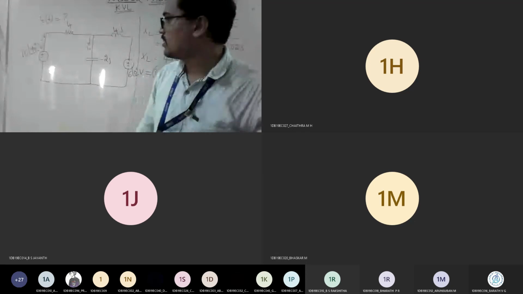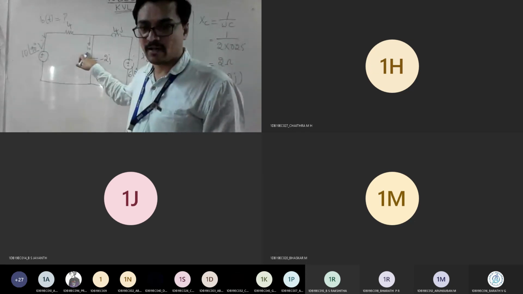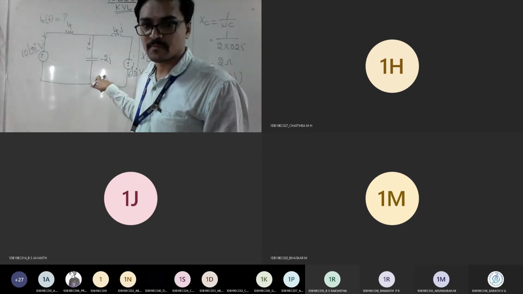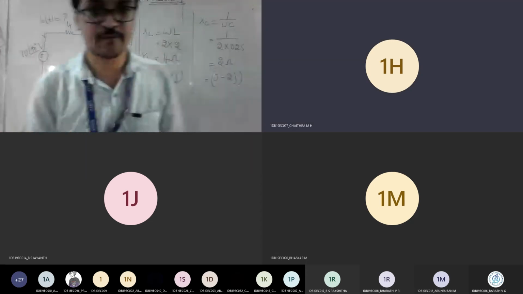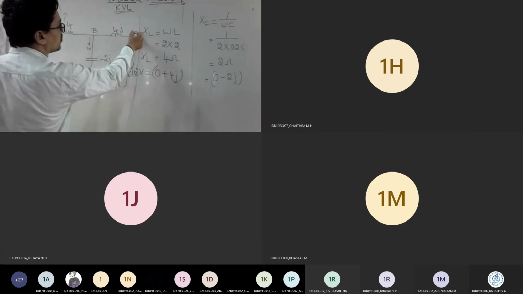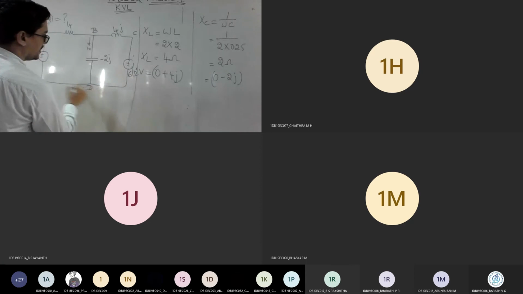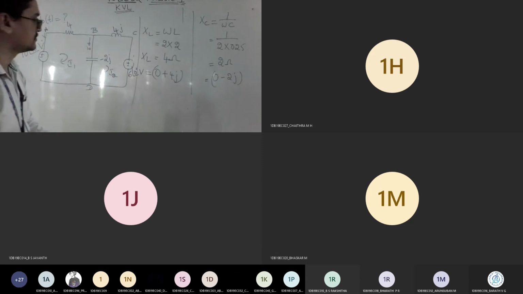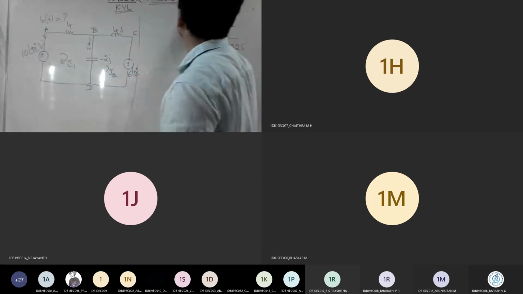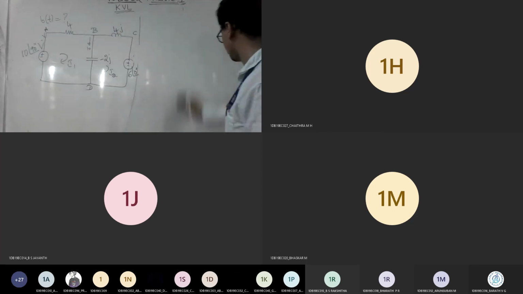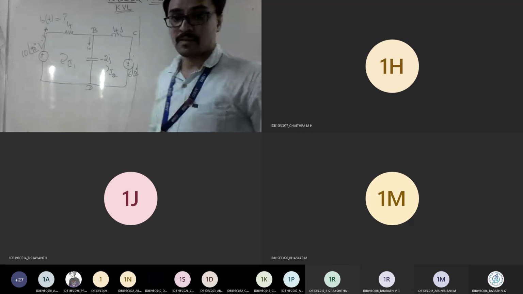Yes, sir. So now, if you want to find the current I naught across the capacitor, do you want to find both I1 and I2, the mesh currents? Yes, sir. So from now onwards, follow the procedure. Mark the nodes A, B. Now I can mark a node here because there is a junction. And D. So apply your mesh analysis for I1 and I2 and tell me the answer. Apply mesh analysis, everyone.